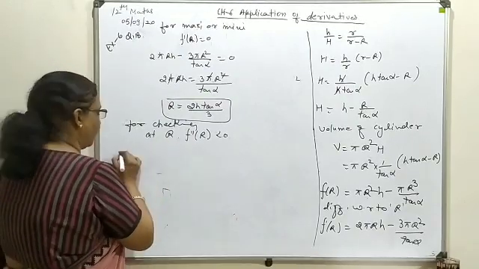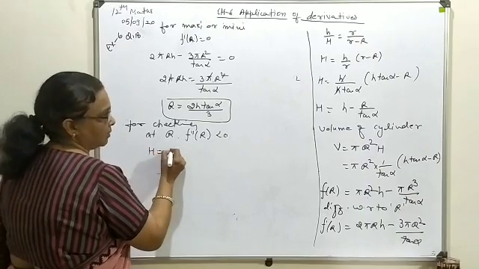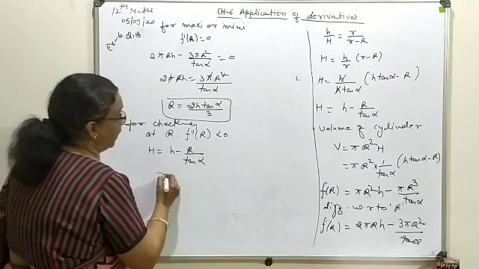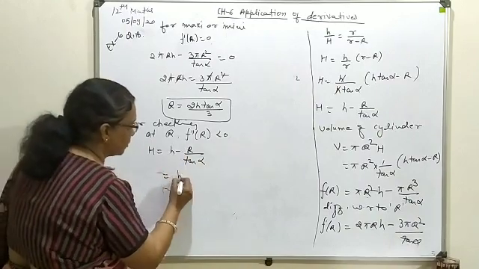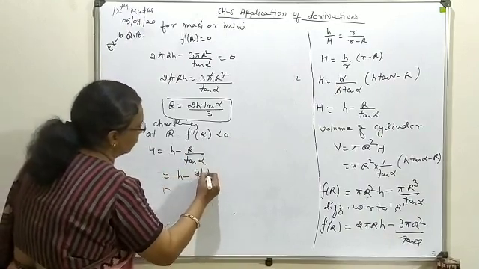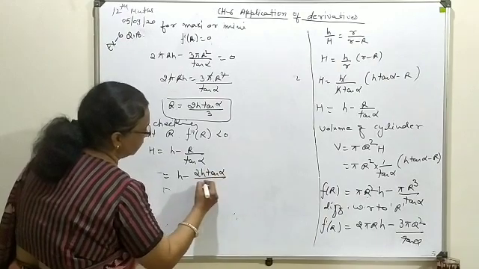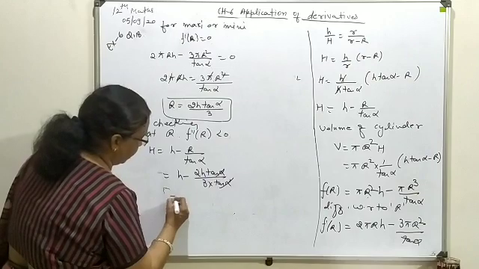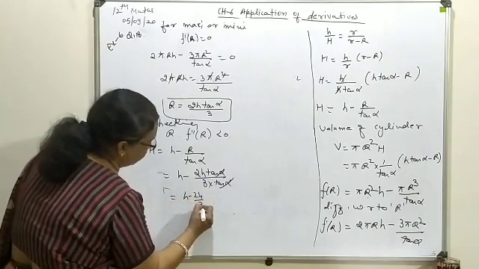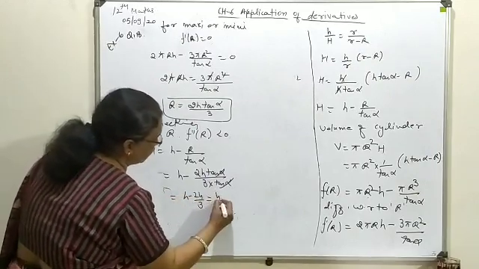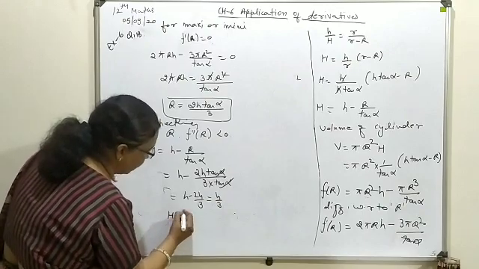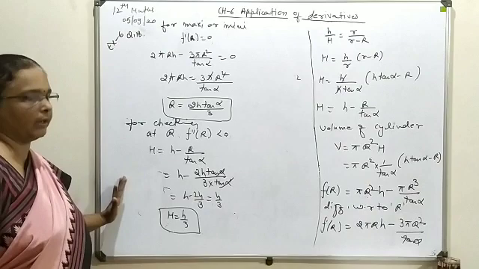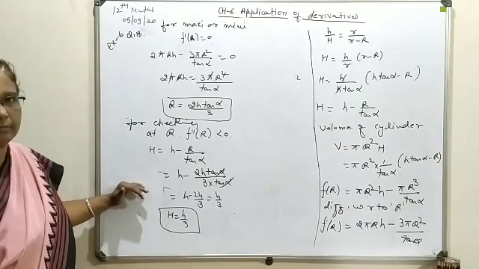Now, h was H minus r upon tan of alpha. So here we substitute r as 2H tan alpha upon 3. Tan alpha cancels. H minus 2H by 3, go for taking LCM, so this will give you H by 3. So the height h you are getting is H by 3. This is the relation that was required. So this is one solution we have.